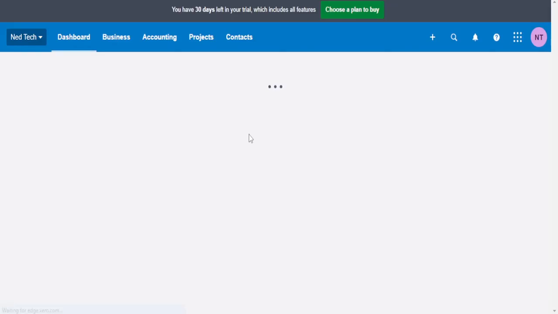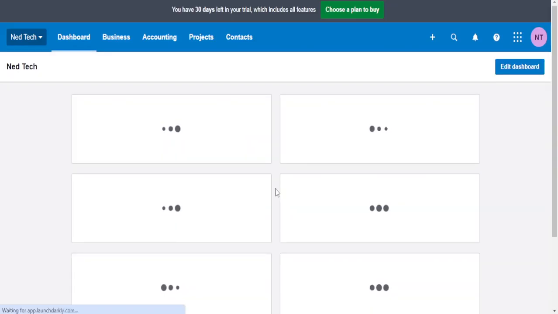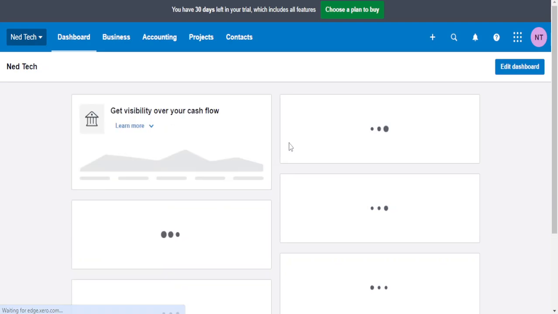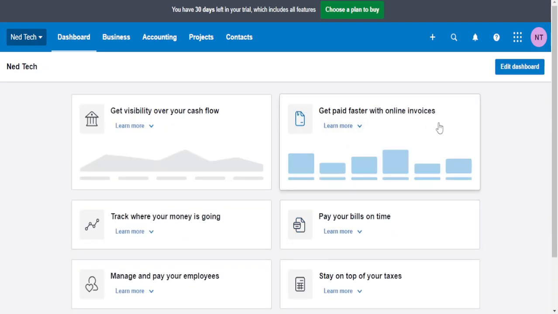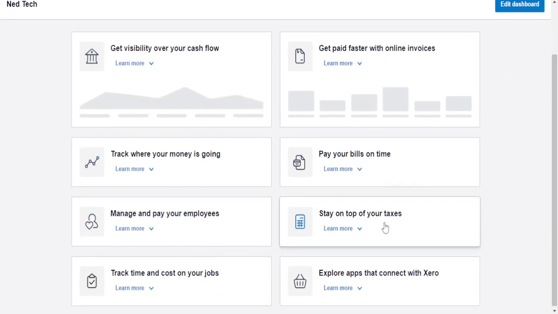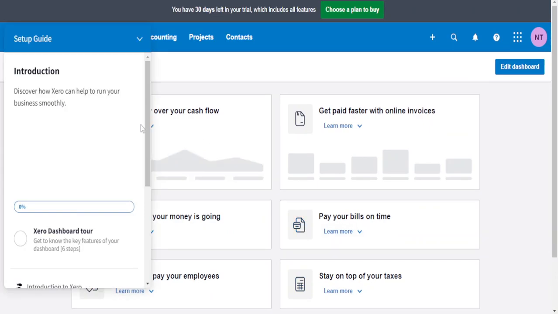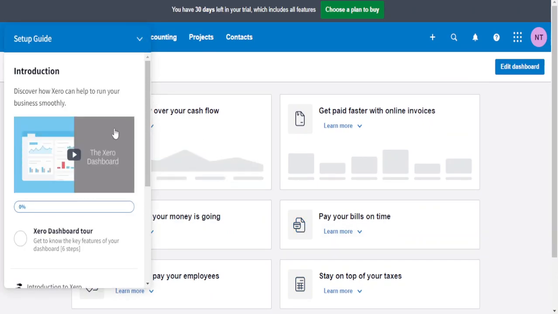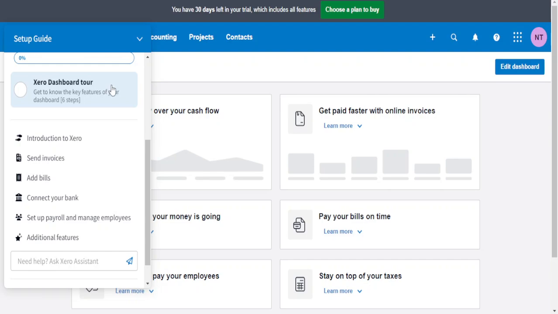And now we are being redirected to the dashboard. So right here you can see this. You can get a setup guide. You can get an introduction, which I'm making for you. You can set invoices, add bills, connect to your bank, and set up payroll